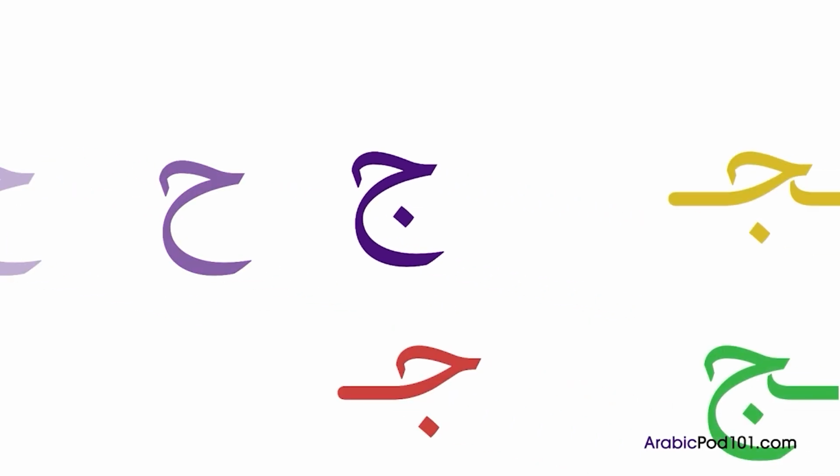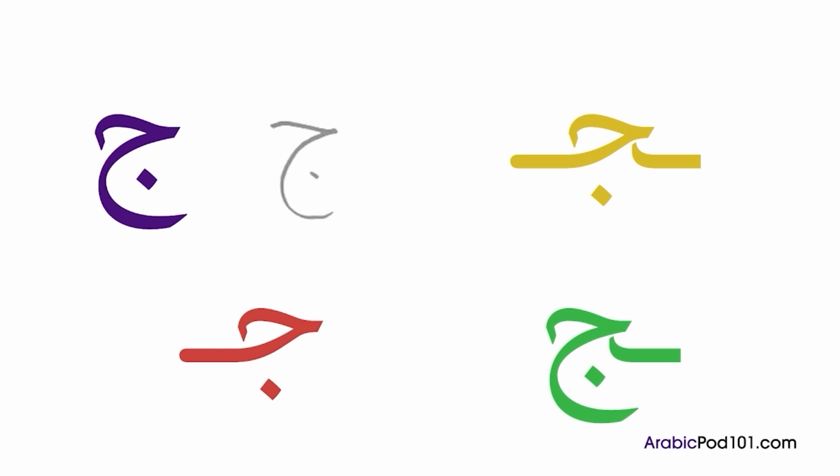That's it for lesson 2. Their shapes look like a boat, remember? Next, let's review lesson 3. In the third lesson, we learned 3 more letters that look alike. Jim, ha, and kha. Here's jim, isolated,